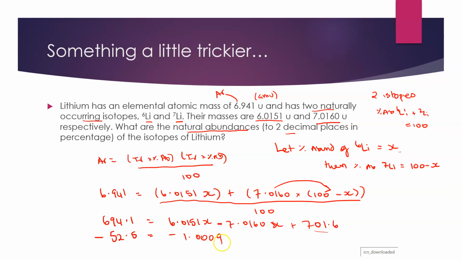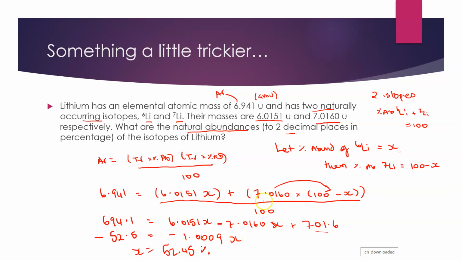So what we can see here is if we multiply, and that's x. So I'm going to divide both sides by negative 1.0009, so I'll get 52.5 divided by essentially 1 is going to be, x is going to equal